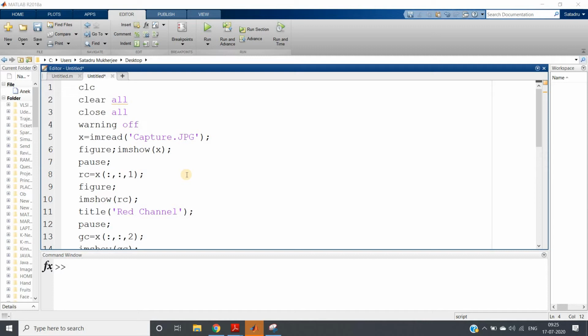Now what may be a possible application area? Recall our concept of the fundamental morphological operations, dilation and erosion. What happens in erosion? Erosion basically is used to shrink the foreground object, where foreground means pixels which are white in the case of a binary image. Erosion shrinks our original foreground object, where foreground are basically bright, white color pixels. So if you apply morphological operation on a grayscale image, what will happen?